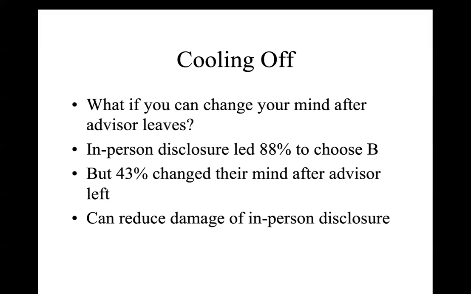So what this tells us is that the client recognizes that they're being given a bad recommendation, right? But due to pressure to comply in a trust relationship, they take the advice of a bad recommendation anyway. But when they can tell somebody else that they actually don't think that's a good thing, or when they can change their mind, the client is more likely to choose what's in their best interest, despite the pressure to comply with a trusted advisor. So this is really, really interesting